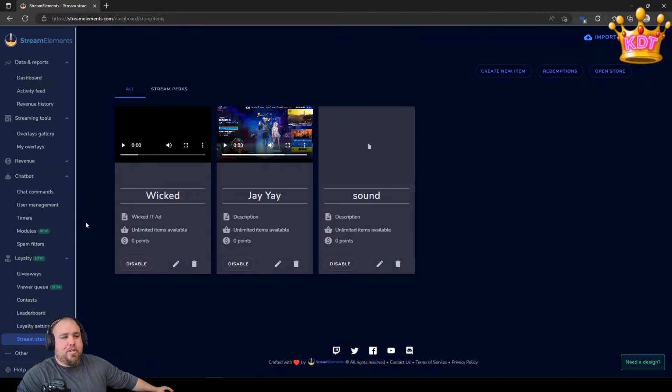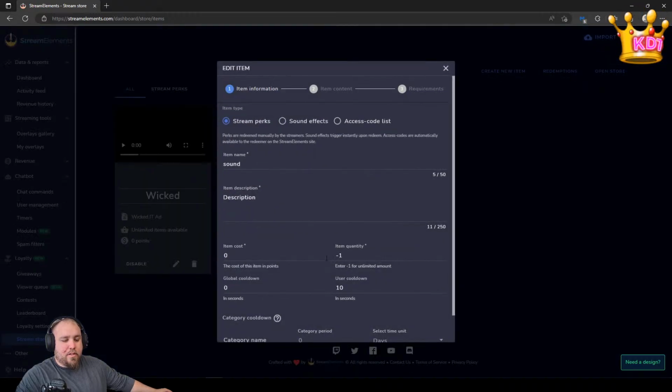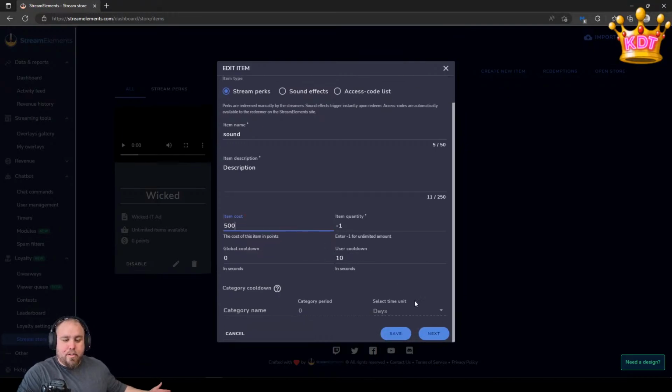But yeah, no, this is just another way to get your chat interactive. You can make these commands and you can make as many of them as you want. And while you're making the commands, it's more interactive. Like I said, you can even make things cost points, so while people are earning points in your chat, you can come in here and actually make these cost points. I can make it cost like 500 points, just like your channel point system.